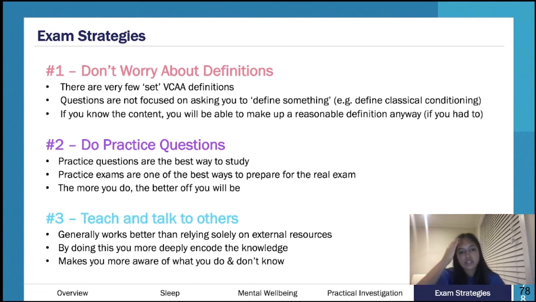Okay, we'll finish this off with some exam strategies. So before I go into these, I'm going to try and think about what I was thinking about in the lecture so I don't forget them. But as I mentioned, the study design, really, really important, especially for the 10 marker is what I found. Because the 10 marker is so humongous, not to scare you or anything, but again, it's on a new study design. You would kind of expect the 10 marker to be similar, but I guess, keep updated with what your teacher is telling you.